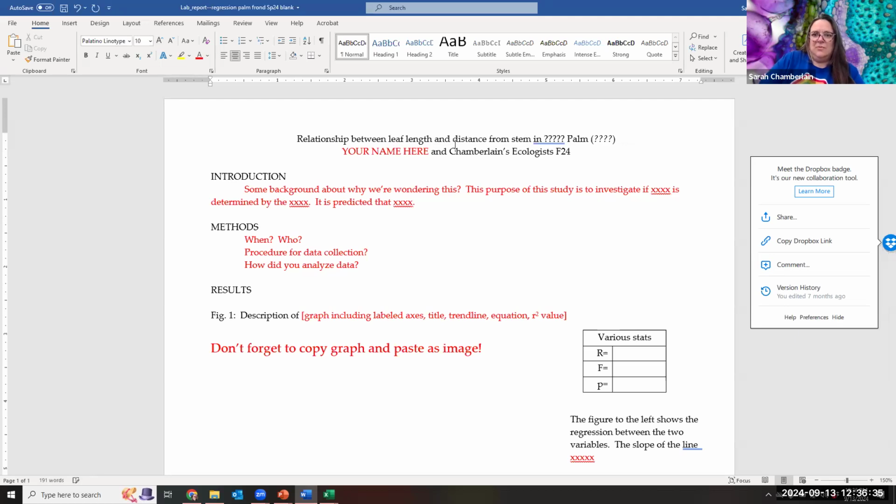In question mark, palm. We did something with palm trees last semester. So we're going to say volunteer oaks, Quercus spa. Yeah. And then because this is a scientific name,